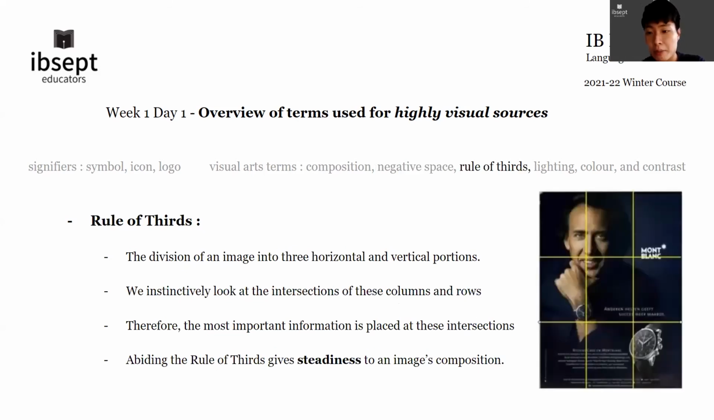Moving on, we're now going to be looking at the rule of thirds. To understand it simply, the rule of thirds is the division of an image into three horizontal and vertical portions. And we instinctively look at the intersections of these columns and rows. So imagine these lines were not there. We would nonetheless look at where these lines are meeting, which means an effective advertisement would place its most important information at the